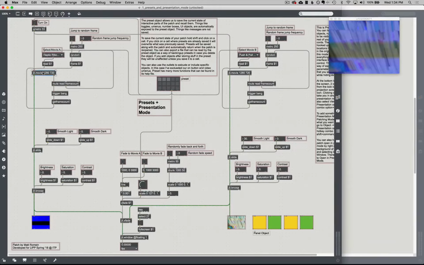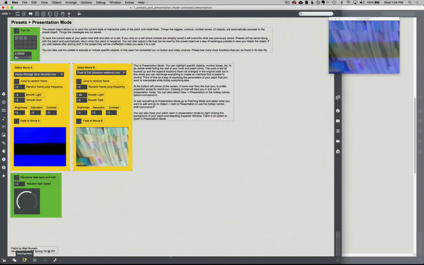Really, this is all just about exposing parts of something like this: a umenu, choosing a movie, choosing the jump to random frame toggle. Those are what's important, and that allows us to make something that we can actually start performing with. You'll also find that your code's probably going to run a little faster and the frame rate's going to be a little better, because